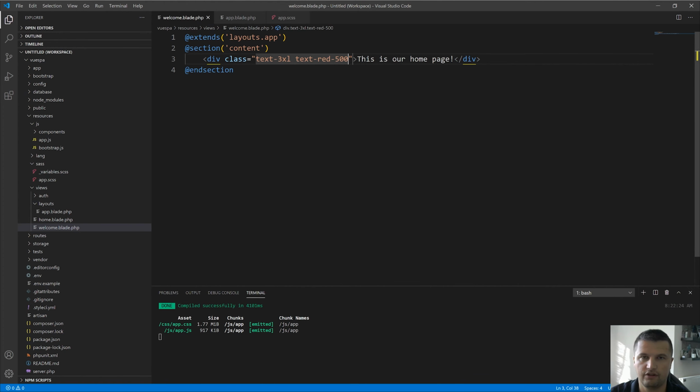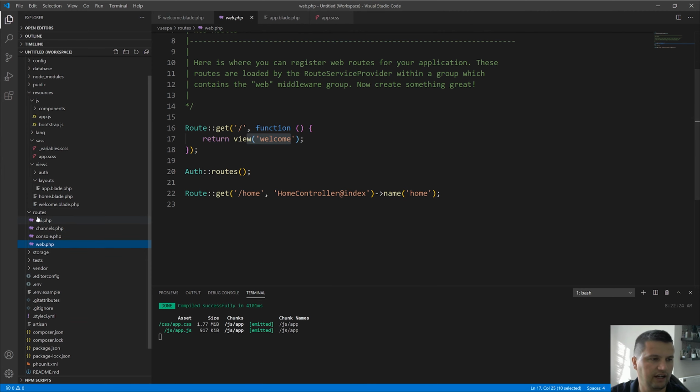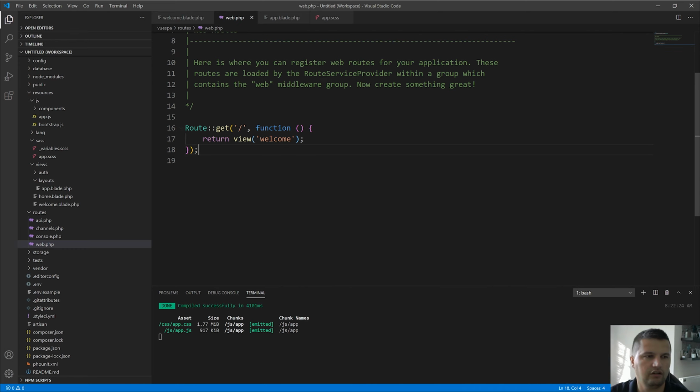Okay, so now we don't use Vue Router yet, we are using Laravel's default routing system. If we are creating a new page, we should wire it inside the routes folder, web.php. And as you can see, we have two routes at the moment, the home page and basically the logged in home page, which would take us to the home controller. But we don't use any controller for routing. No matter what the user types into the URL, we need to always serve this welcome page we have just created. So we can say any,